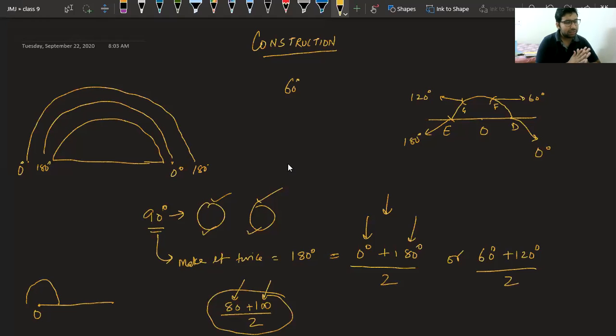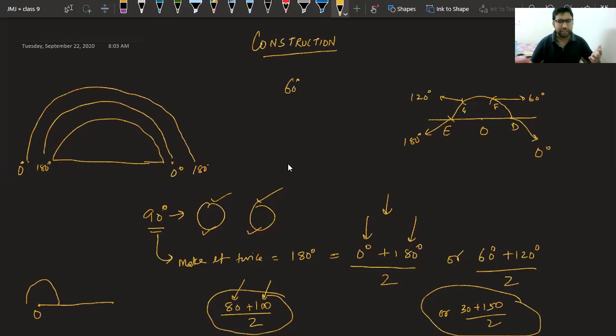Abhishek, again, 30 degrees and 150 you can do, but that is also a very long method. Abhishek is giving a very good third method, 30 plus 150 over 2. This is also possible, but it is a very long method, because first you will draw 60 degrees, then you will bisect it, then you will draw 180 and 120, then you will bisect them, then you will get 150 and 30, and then you will bisect them again. So totally you will have to bisect 3 times. So again, I will not recommend this method.